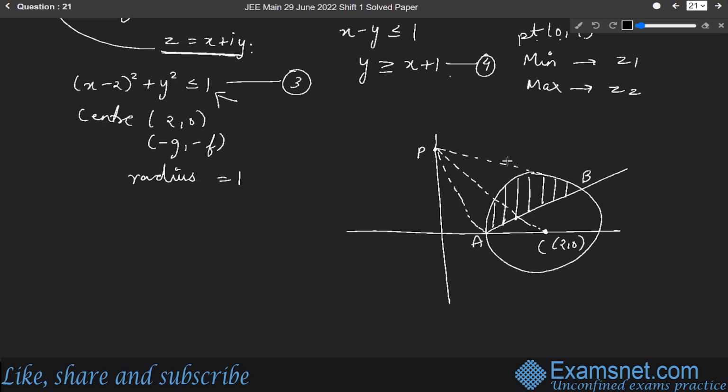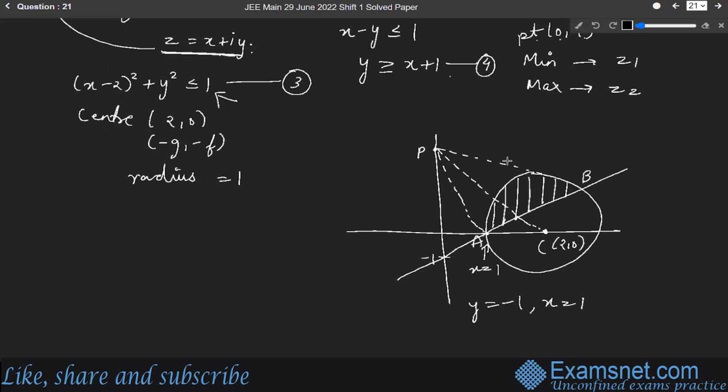And we know that the line is intersecting at y is equal to -1 and x is equal to 1. Okay, so this is the point y is equal to -1 and x is equal to 1. Okay, the line will be intersecting here, right? If we extend this line, it will intersect at y is equal to -1 and x is equal to 1. All right. And the area above the line and the area inside the circle, which is the common area, is the shaded